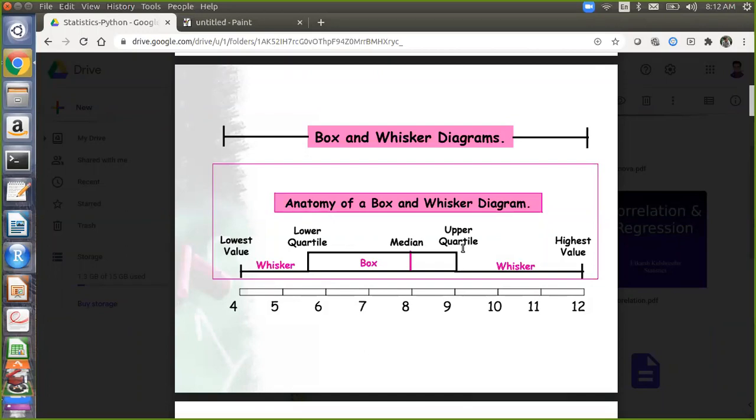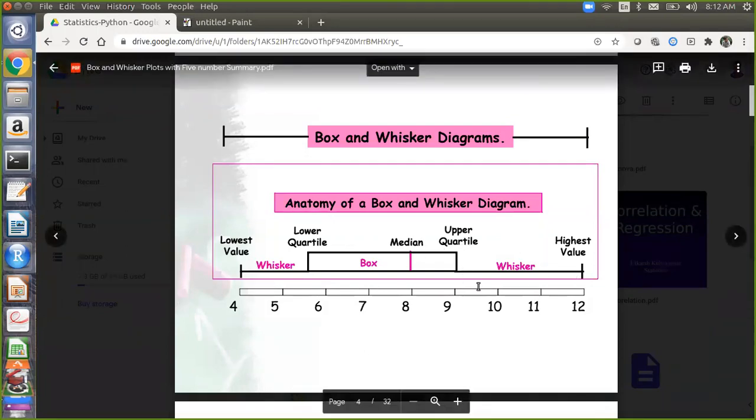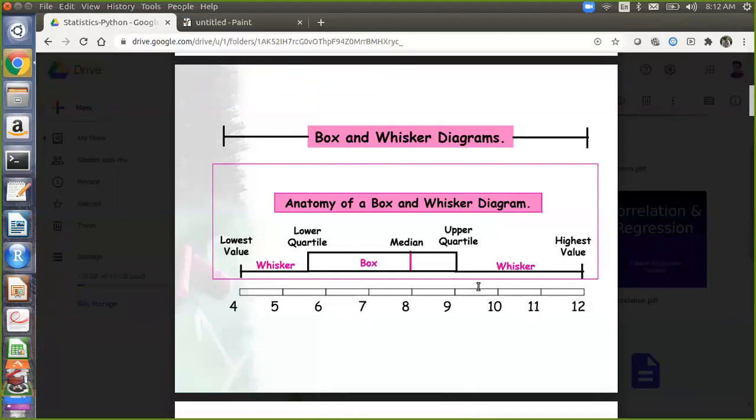What I want you to do is draw this box plot in your copies, because when we go into the numerical, you can take reference from that box. Can you draw it in Paint or wherever you are taking notes? Or if you're not taking notes, just make it on some paper, so you will be able to solve it later. We have one numerical which you have to solve. Once you're done with the drawing, let me know that you have noted it down.